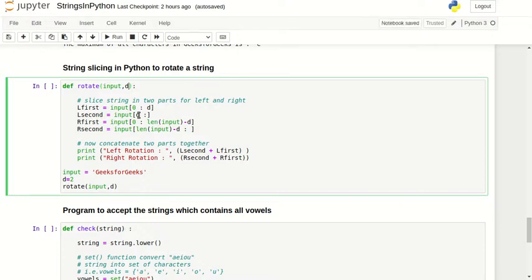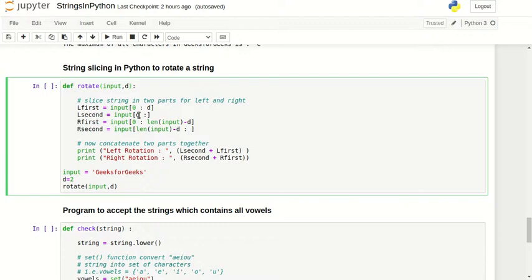So if d is 2 and the length of our string is 10, then 10 minus 2 is 8, which means we will have the first 8 characters in Rfirst. Then in Rsecond we will have the other part, the last 2 characters.